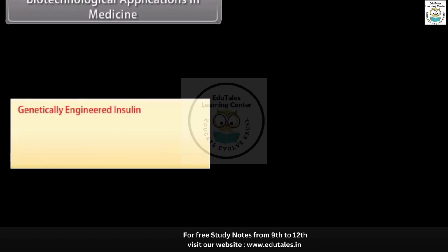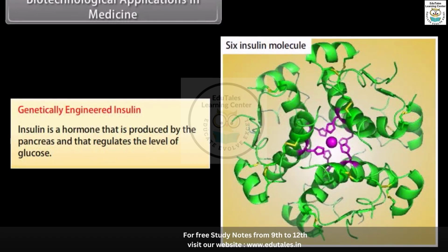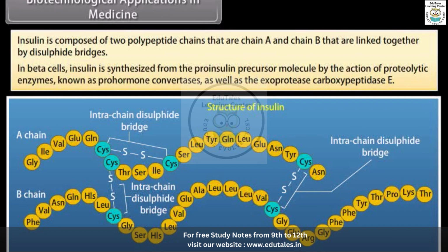Biotechnological applications in medicine. Genetically engineered insulin. Insulin is a hormone that is produced by the pancreas and that regulates the level of glucose. Insulin is composed of two polypeptide chains, chain A and chain B, that are linked together by disulfide bridges. In beta cells, insulin is synthesized from the proinsulin precursor molecule by the action of proteolytic enzymes known as